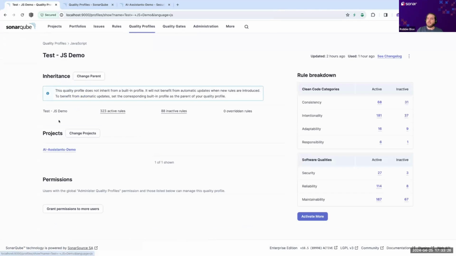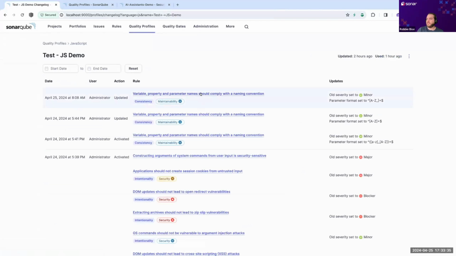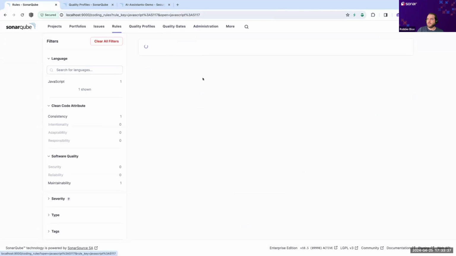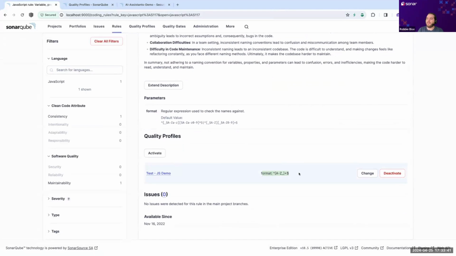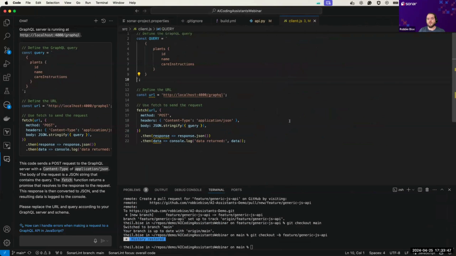If I jump into that custom quality profile, you'll see that I have my project linked up with this quality profile, and I've recently added a rule here that sure enough sets up that custom naming convention for us. So SonarLint pulls that down and applies it for us, and then the code generation tool can interact with that rule in a way that's meaningful. So this is a pretty